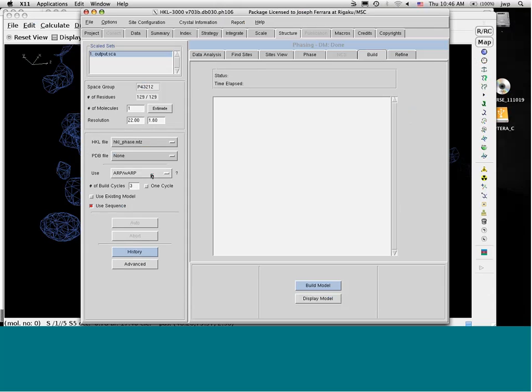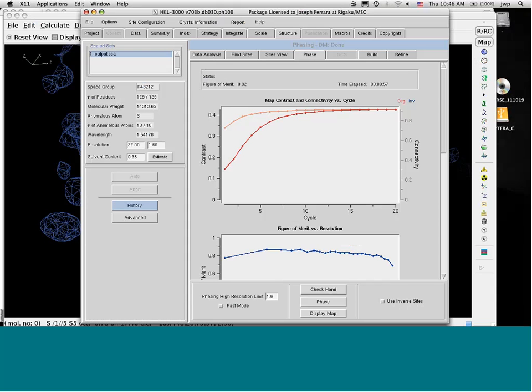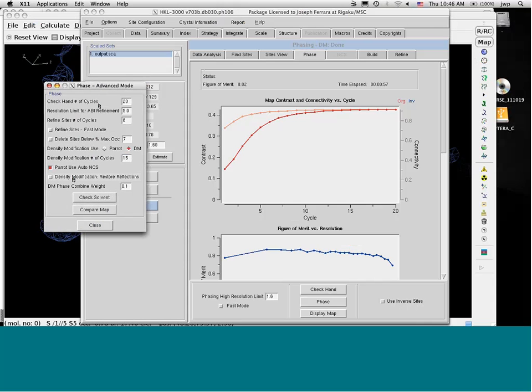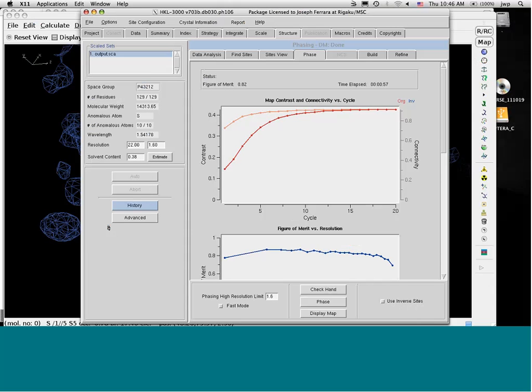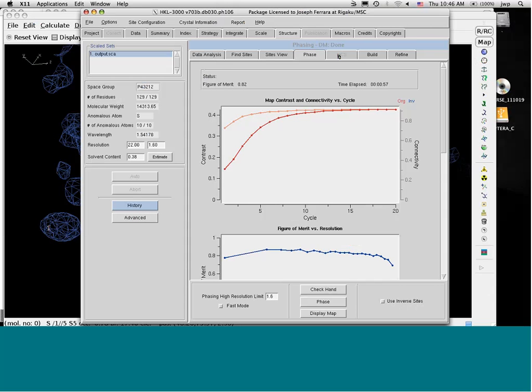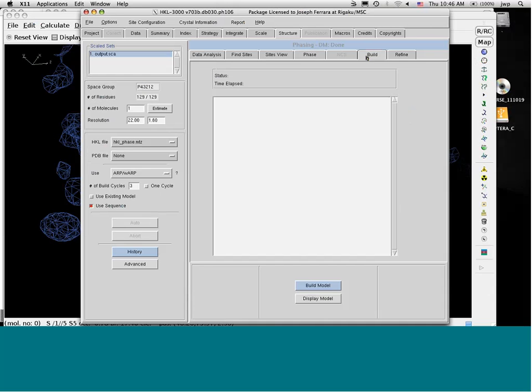And in the build stage, you can pick, well, just a moment. In the phasing stage, in the advanced tab, if you want to use something like Parrot to do the solvent flattening, I think you can do that. Yes, sorry, I clicked away, but here's Parrot. I just use DM because I've been using that a lot, and I know it's going to work for this data. In the build step, we're going to build with ARP-Warp. Basically, just click on Build Model. So while I'm building the model,